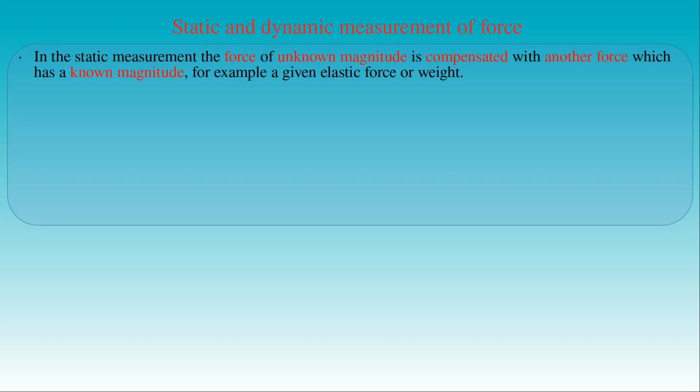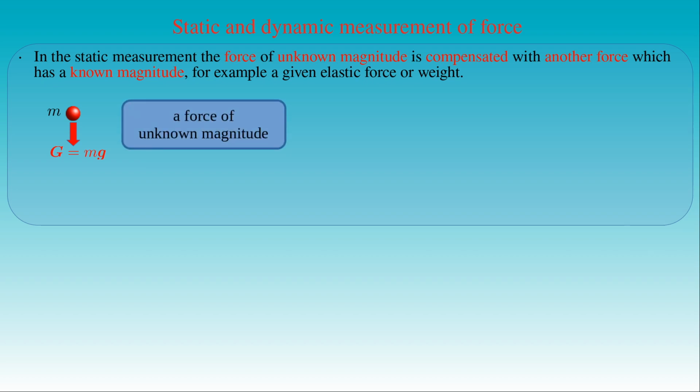In the static measurement of force, a force of unknown magnitude is compensated with another force, which has a known amplitude, for example the elastic force of a given spring or a weight of a given body. In the examples we had a ball with the weight G, which is equal to the mass m of the ball times the gravitational acceleration g. If the mass of the ball is unknown or the precise value of the gravitational acceleration is not determined at the location of the measurement, then the magnitude of the force exerted by the ball, that is its weight, is